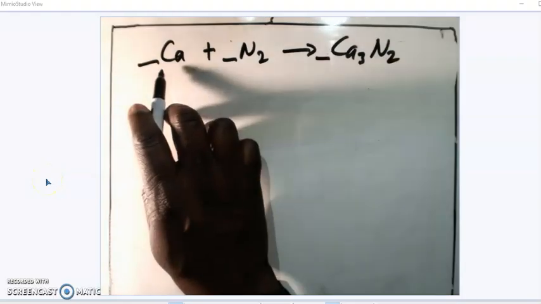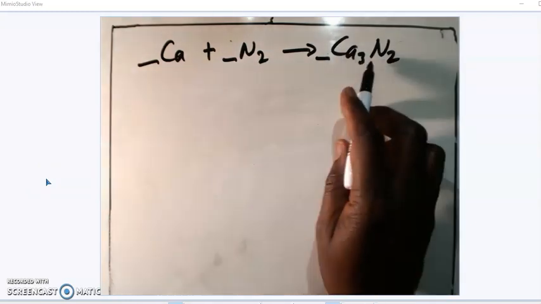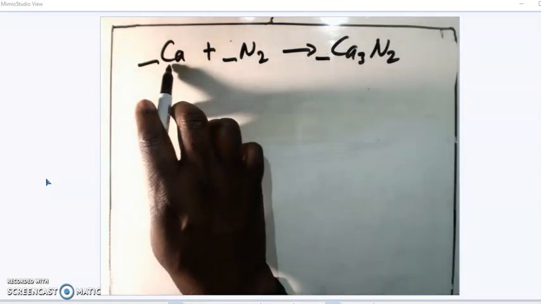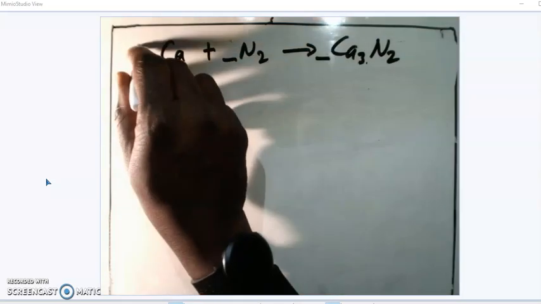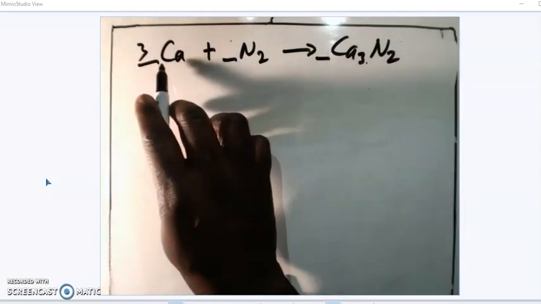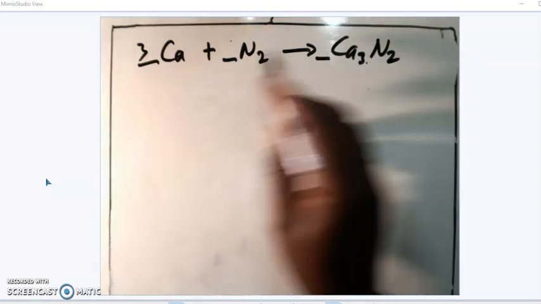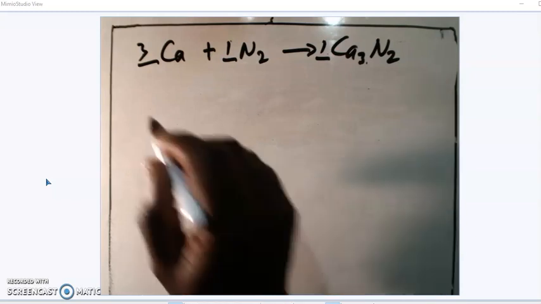All right, I have the equation right here. Calcium, nitrogen to give calcium nitride. I have 1 calcium here, I have 3 calcium here. So in order to balance that, I put my 3 right here. So I have 3 calcium, 3 calcium. Then I have 2 nitrogen, 2 nitrogen. So the mole ratio here is 1 and 1. And remember, we're given